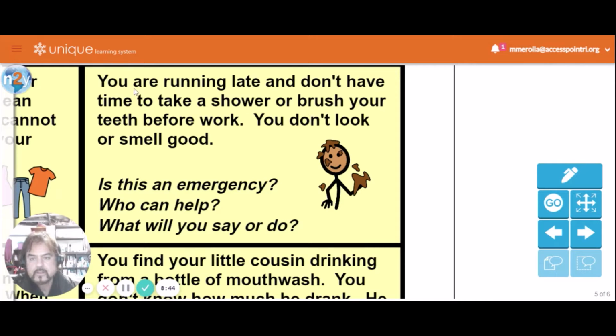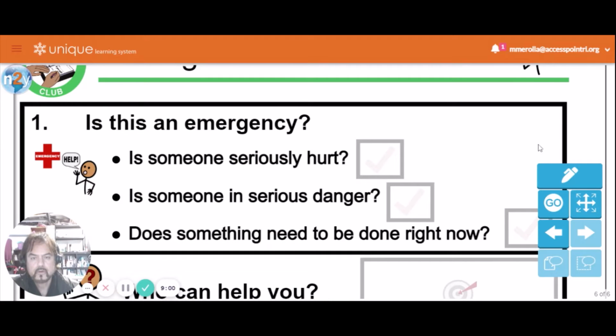Okay, the second card says, you are running late and don't have time to take a shower or brush your teeth before work. You don't look or smell good. All right. Let us go to the problem-solving guide. Okay, so is this an emergency?